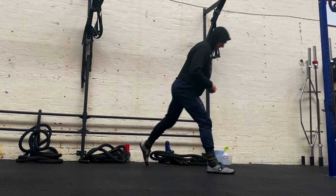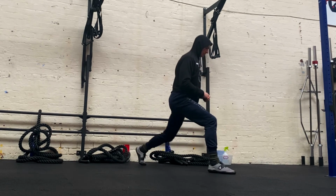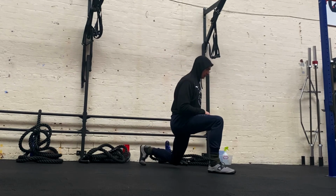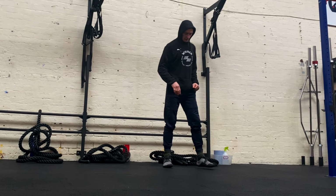Go at a pace that's suitable for you. If you have to hold onto a chair or a stanchion or a door frame or something like that in order to keep your balance, then that's perfectly okay. Once you've done the split squat, shake yourself off,